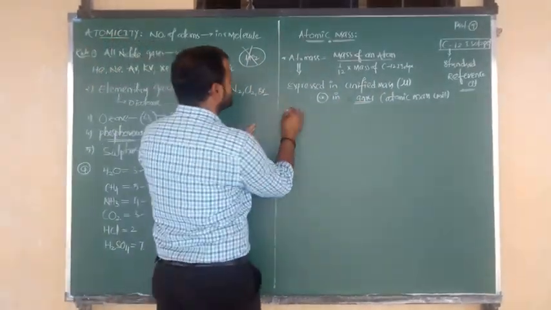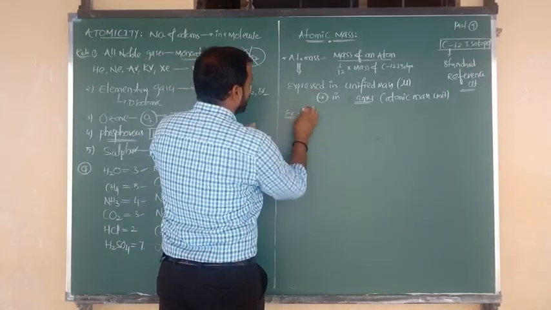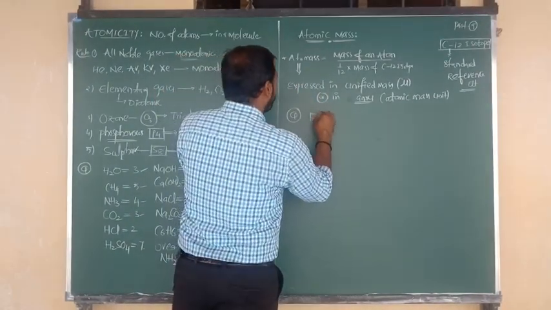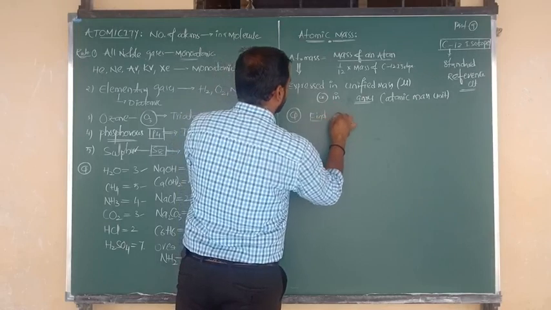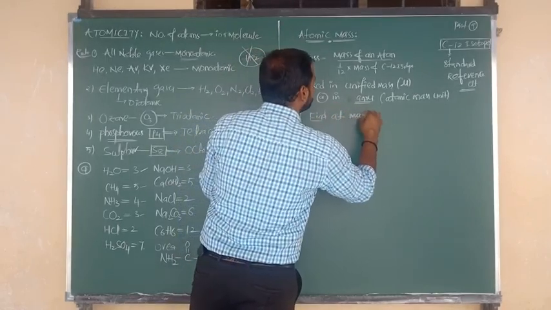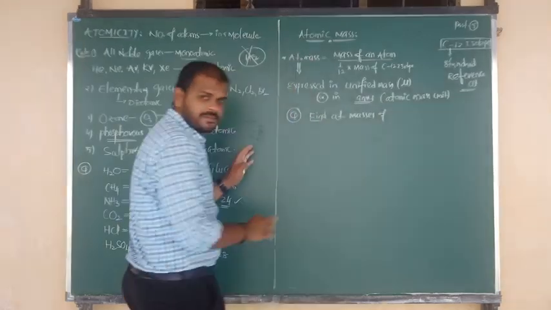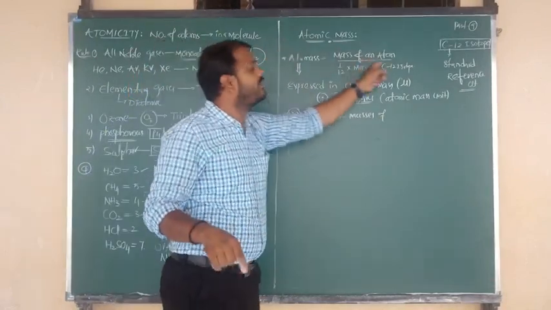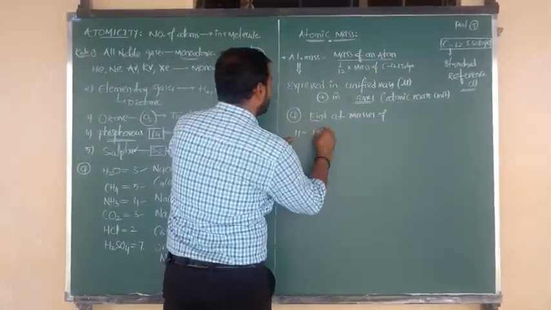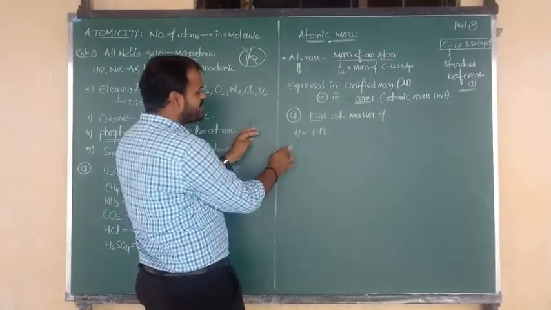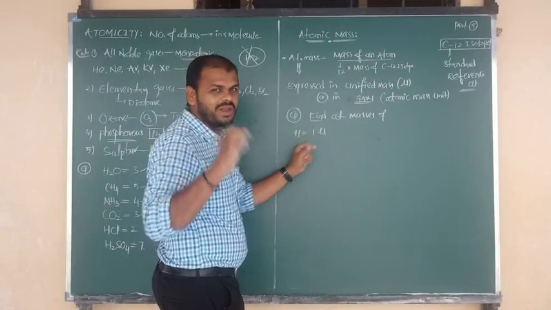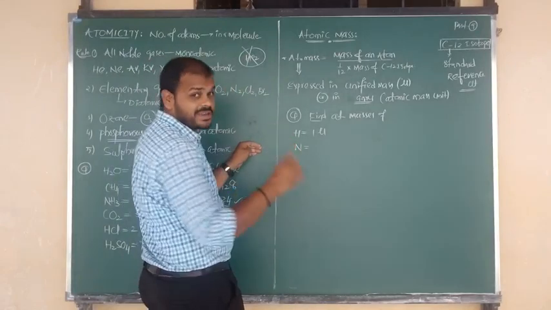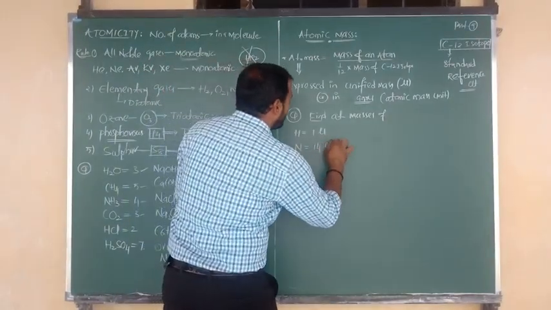Now I am going to tell you some examples, in question form, so you can study that way too. Find the atomic masses of the following substances. Number 1, atomic masses here means we consider only atoms. Hydrogen atom contains 1 unit, because atomic number is 1 and mass number is 1. So the mass is 1 unified mass. The next one is nitrogen: atomic number is 7, mass number is 14. So 14 unified mass.